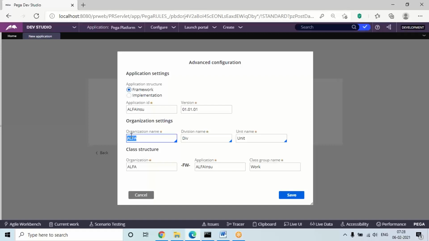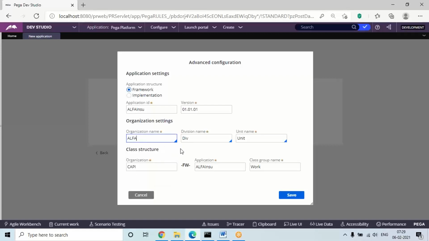Maximum length is four characters, and we already have the same length, four characters. Suppose in the future you have Bajaj insurance, it will only take four characters, so you can directly give BAJA. Like Capital insurance, you can directly give CAPI. Just like that, I'm just mentioning. Whatever the length is, a maximum of four characters only will be allowed, so directly enter four characters or less than four.